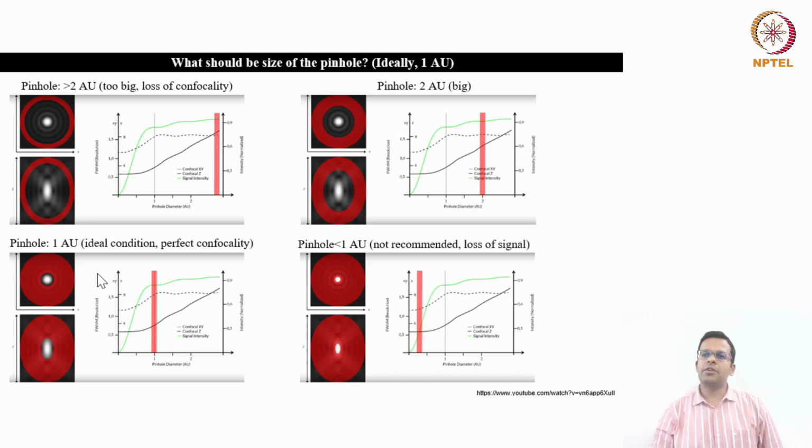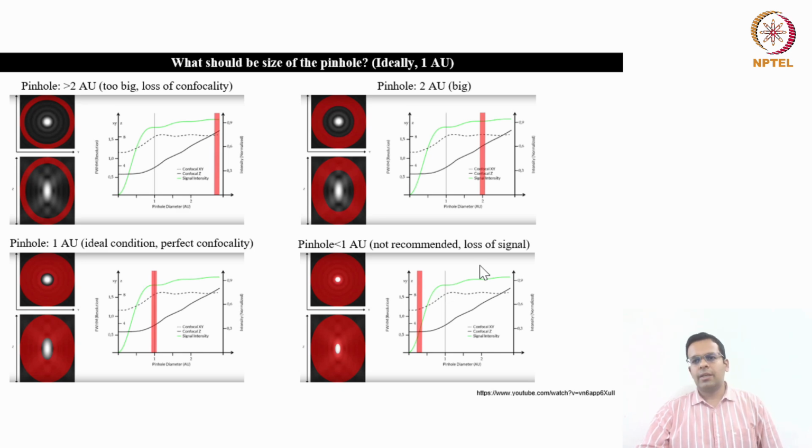Ideally, you should start imaging your sample with 1 Airy unit, but later by looking at the actual image, you may adjust it to maybe 0.75 or 1.5 Airy units. Let's say you are keeping the pinhole open at 1 Airy unit, and you are not able to see the fluorescence intensity significantly. Okay, then you need to increase the pinhole to 1.5 Airy units so that you can see your samples. Okay, but if the sample is bright enough, you may work with 1 Airy unit or even with 0.75 Airy units. In that case, accordingly, you will get betterment in the XY and Z resolution.